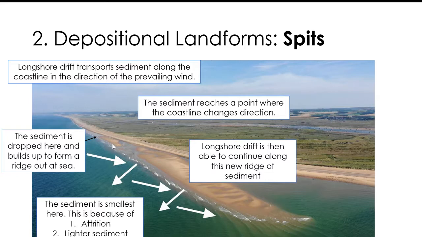Now, this explains why you end up with a bit of a curve at the end of the spit, because we know this prevailing wind is generally moving in this one direction, pushing the sediment towards the front of the photograph here. But there will be times on this coastline where we get something called a secondary wind. So that's a wind that is in a different direction and will be less powerful than the prevailing wind, or at least less frequent. And when that wind does come in, it will be able to push that sediment inland